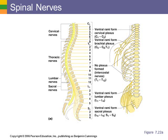The lower ones, the ones from C5 through C8 and also T1, branch down here and form a brachial plexus. The brachial plexus is going to be basically bringing nerves down to your arm. And that brachial plexus will branch off into the radial nerve, median nerve, going through your arm. Now, on a test, I'm not going to ask you to identify the nerves. That's a lot to do in this class. Just basically, I want you to learn that we have 4 plexuses,